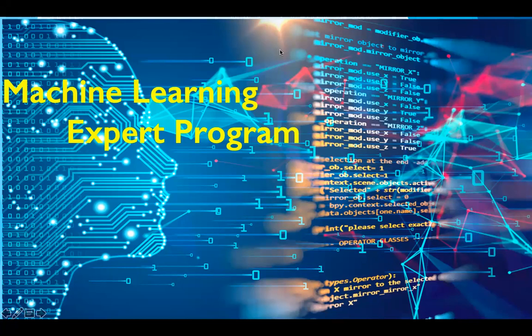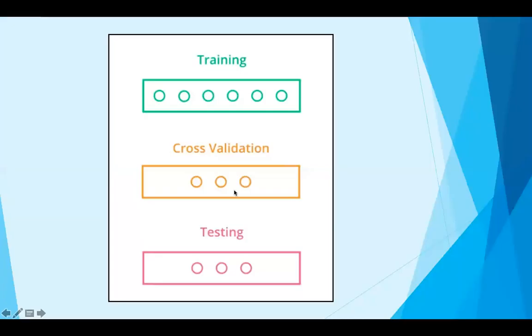Today we will learn about grid search to find the best combination of all the parameters of the classifier. First of all, we will summarize what we do in machine learning. We first train a bunch of models with our training data, and then we use the cross validation data to pick the best of these models. And then finally we test it with the testing data to make sure our model is good or not.